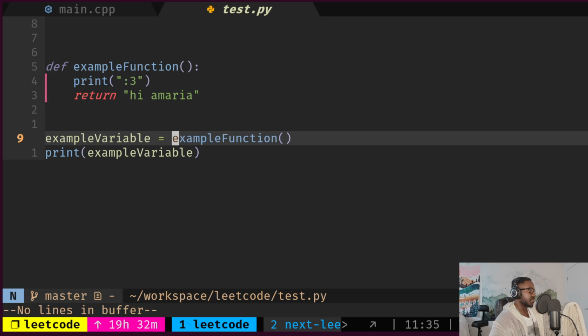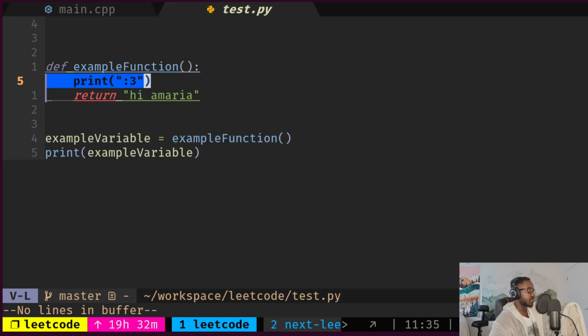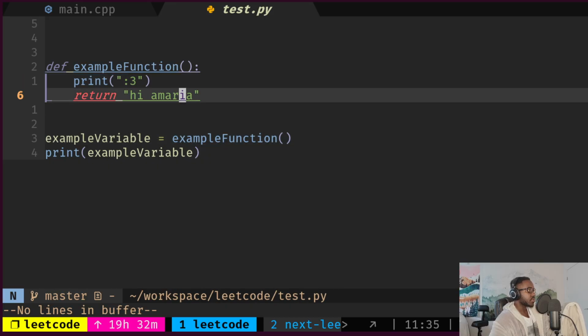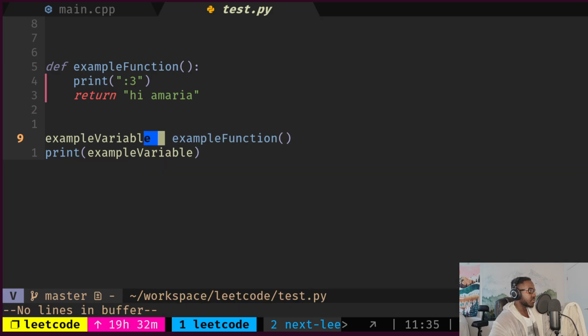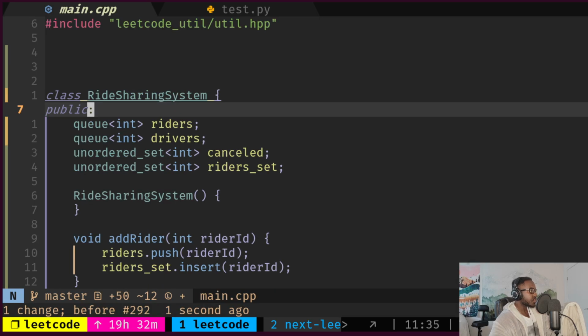So, here's a function. Variable equals function. Part 1, execute the logic. We do this print. Part 2, set the variable equal to